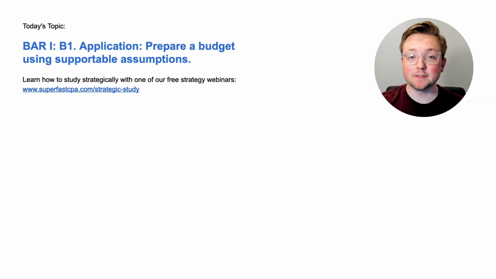I'm Logan, and in today's video, we're going to be going over bar area 1. This is section B1. This is an application topic. Prepare a budget using supportable assumptions. And we're going to be doing that the SuperfastCPA way, which is diving straight into the questions to learn the